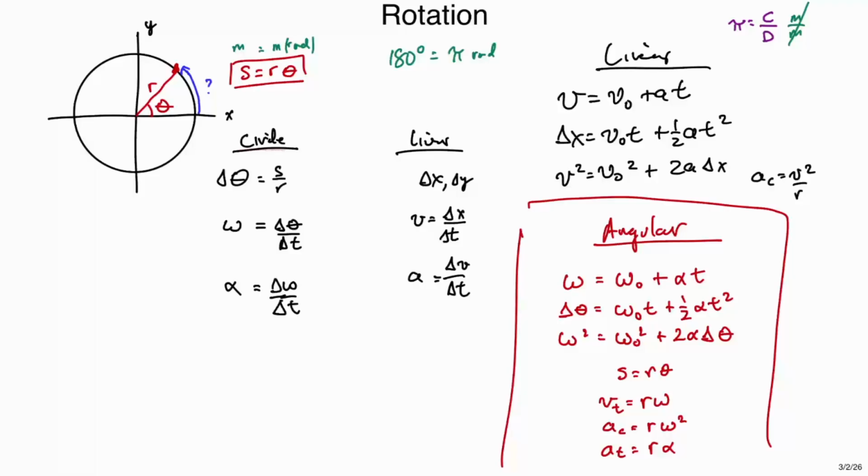Yeah, okay, good questions, right? You notice I threw some little T's on VT and AT, right? Okay. What's AC? Centripetal acceleration. So remember, there's an acceleration that points towards the center anytime an object is going in a circle. We've talked about that before. But centripetal accelerations do not account for speeding up and slowing down the omegas. In order for omega to change, there has to be a tangential